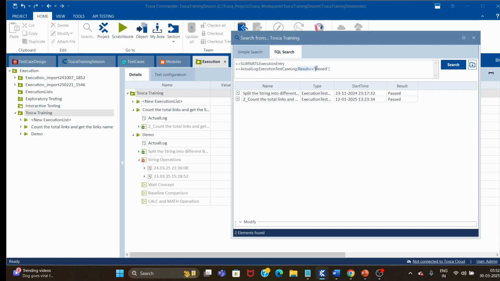Now we want to search for a particular date, for example 23. Okay, for 23, I will give 23/11/2024 here for start time. Okay, then just see here. Now if I give 23/11/2024